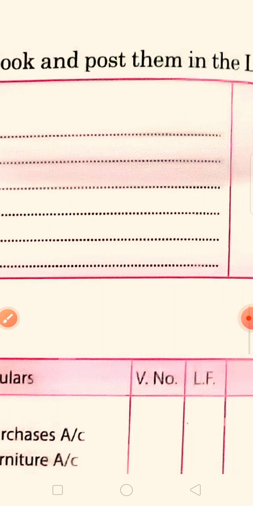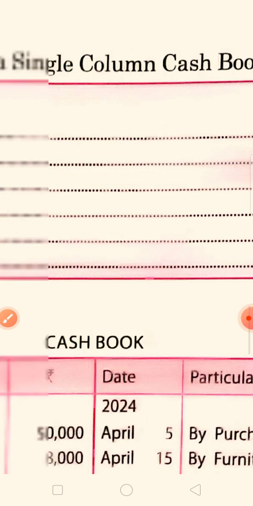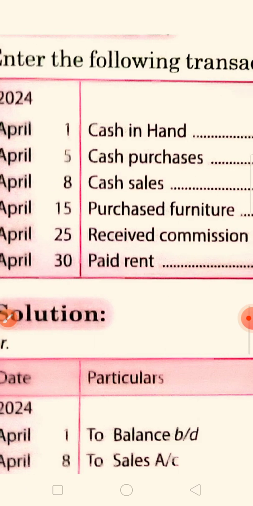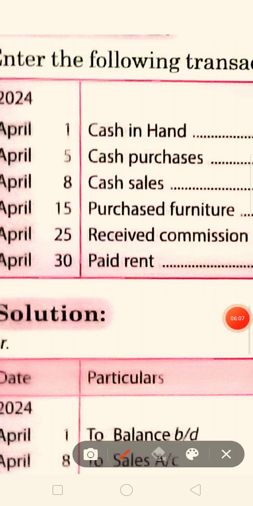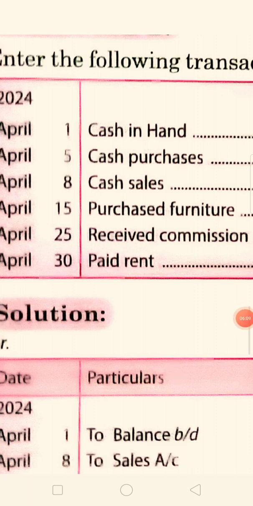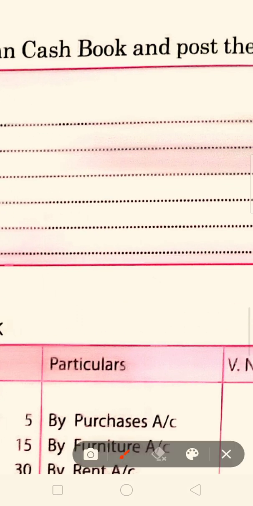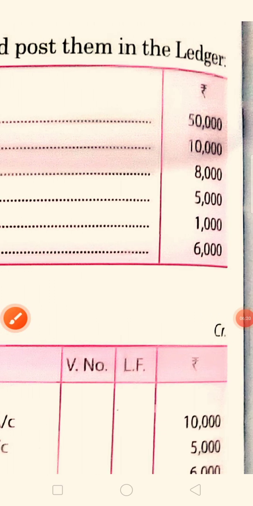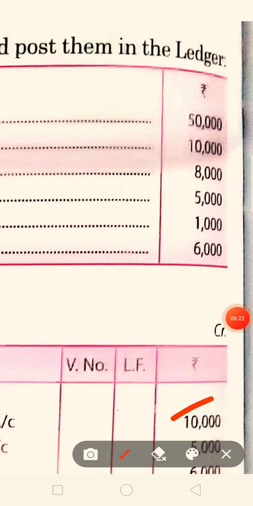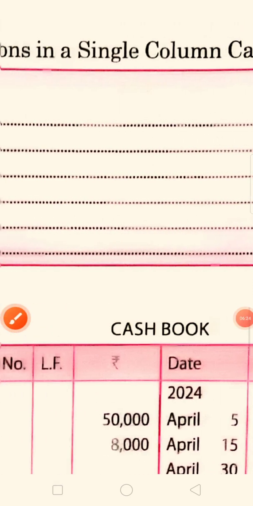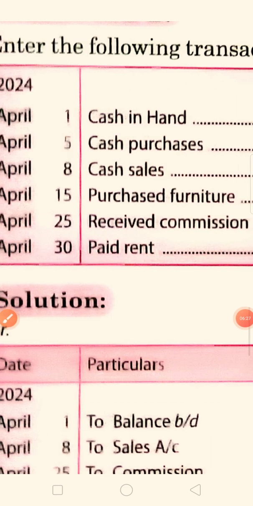So it means if we are purchasing the goods on a cash basis, this dealing and transaction we will write on the buy side, my dear student. You can check very easily that now we are coming to the buy side: the date is 5th April, by purchase, and the amount is 10,000, my dear student. Now we will come to another point.